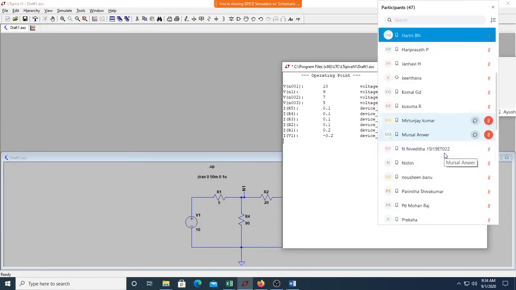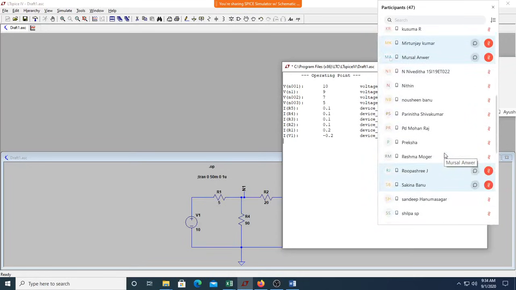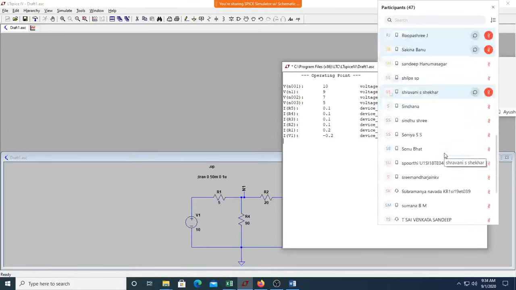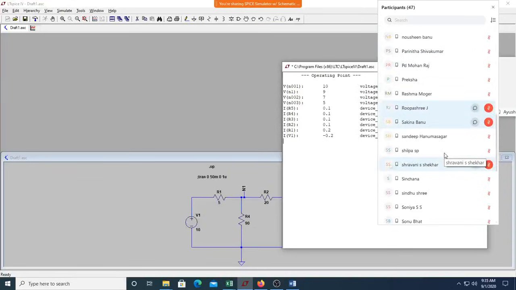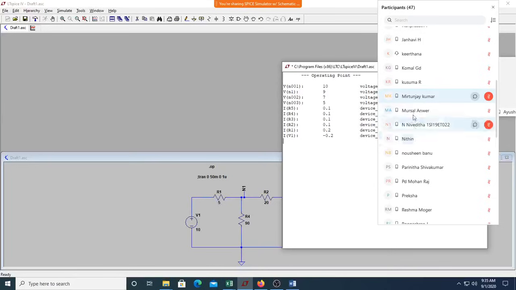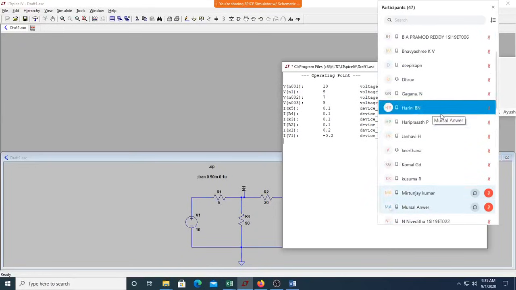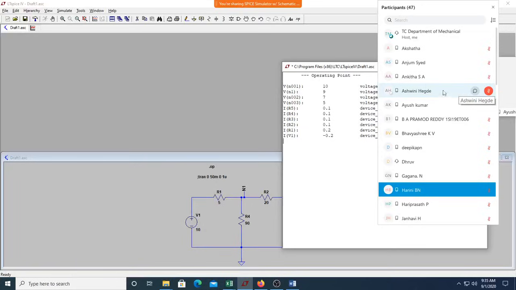So we are noting who are all present today. There are 46 students present today. So all of you will be noted. The absentees will be taken to task. Of course, 3 students left the class in between. They will face the music.